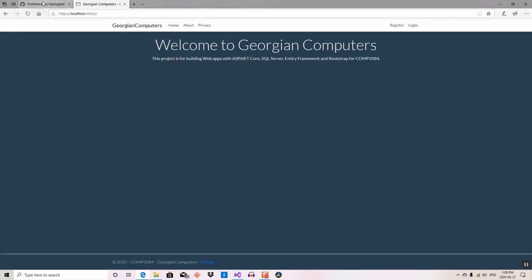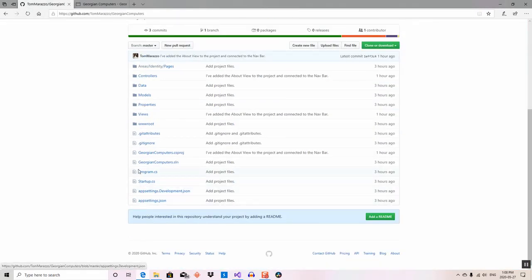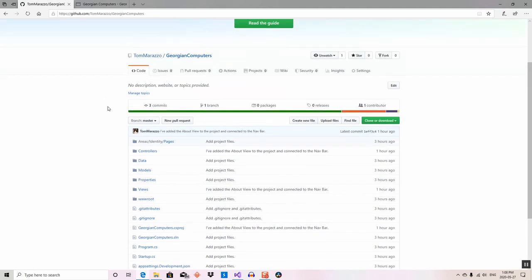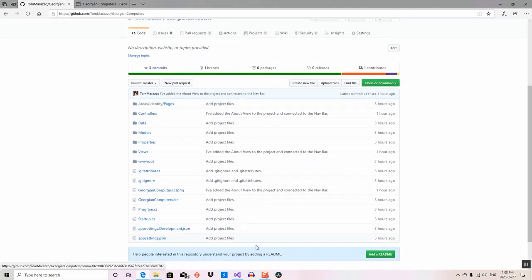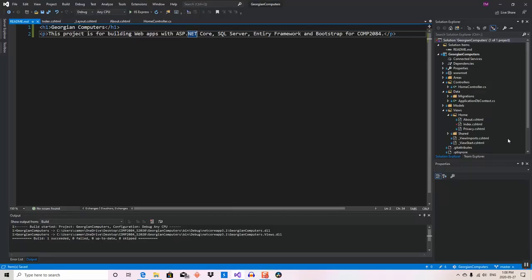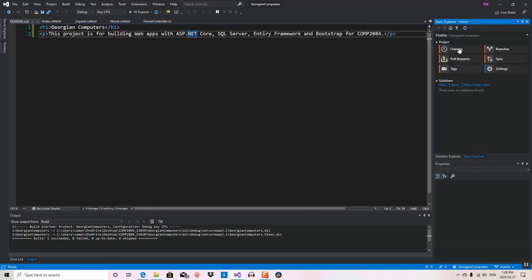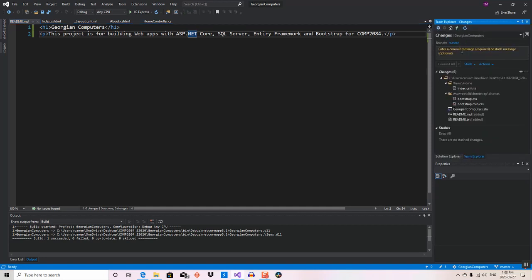And because I've got my GitHub page still open, notice here I don't have any README files in there at all. Okay, and I've got 3 commits. So I'll go back to here. I'll go to my Team Explorer, and I'm going to do a change. I'm going to put a comment in there, and my comment is going to be